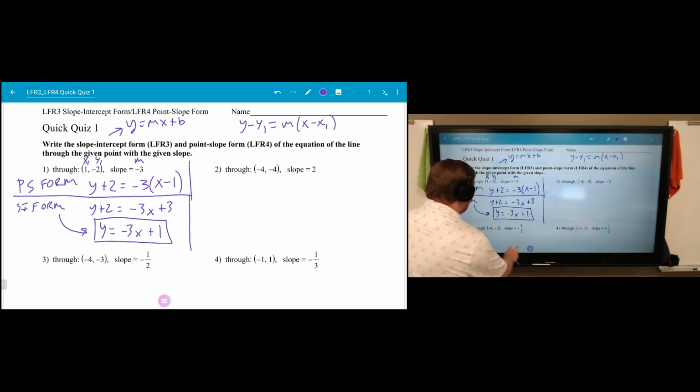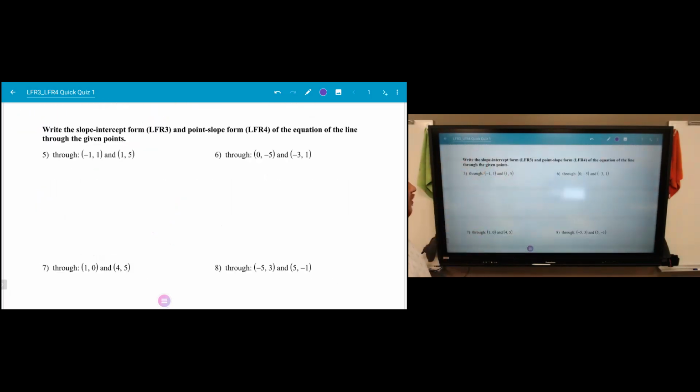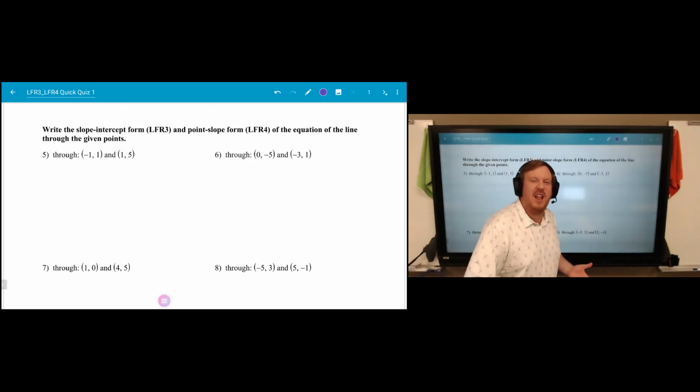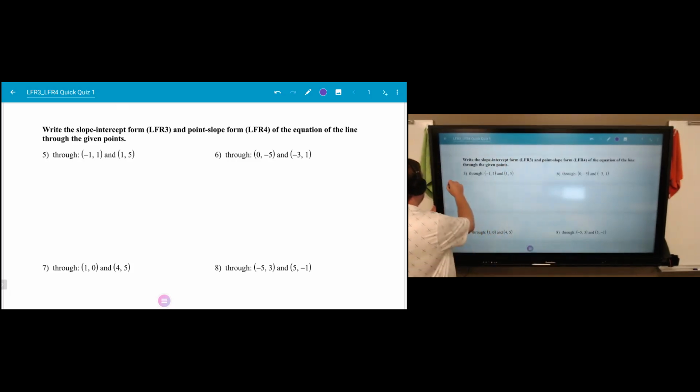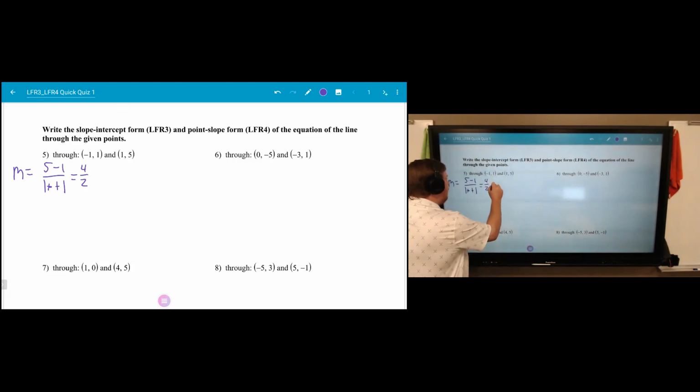That is numbers 1 through 4. Here's how you look at number 5. Doing the same thing, slope-intercept form, point-slope form. What's the one thing that you don't have when you're given 2 points? You don't have the slope, but you can find it. M equals y2 minus y1, or 5 minus 1, divided by x2 minus x1, 1 minus negative 1. This gives us 4 divided by 2, because minus a negative is plus a positive. 4 divided by 2 simplifies to 2, and our slope is 2. For point-slope form,